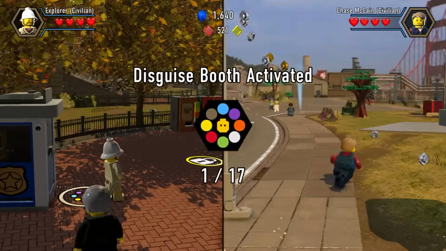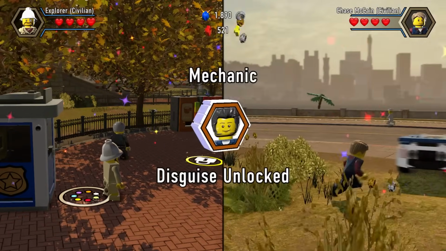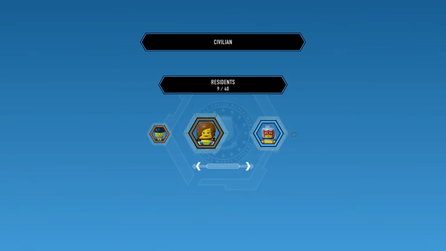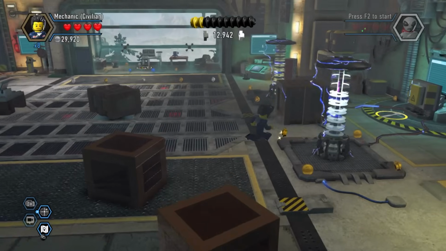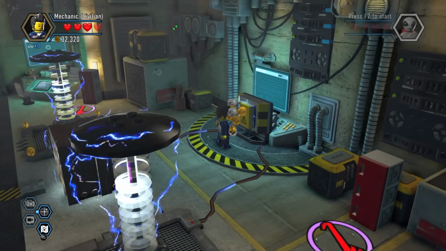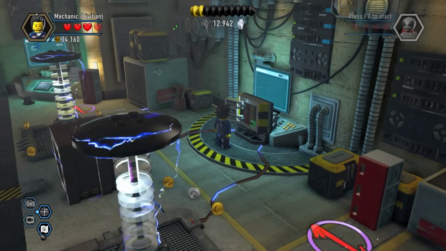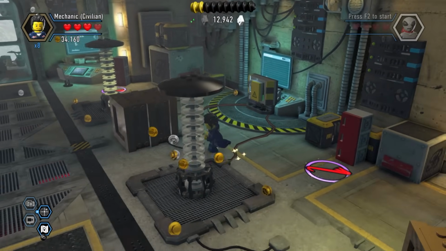Or does it? Civilians may be useless, but some are more useless than others. There are certain specific civilians, found within the Special 1, Special 2, and Service subcategories, that do in fact have special abilities. For example, the mechanic, who is unlocked after building the disguise booth in Auburn, can operate fuse boxes despite not being a construction character. If we can somehow unlock one of these special characters early, we might just be able to get this run